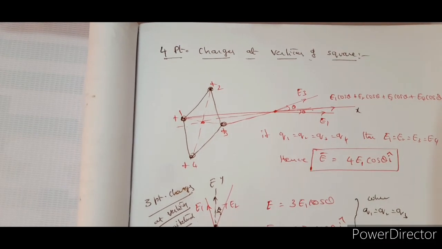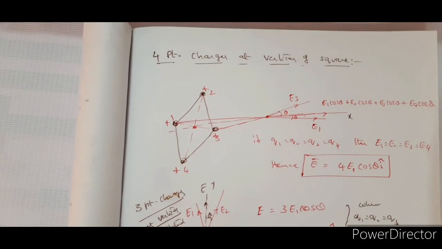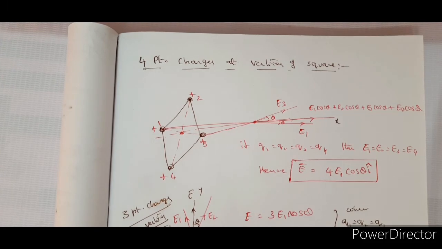No, this is also like generalizing the concept, like 4-point charges at the vertices of a square, right? That means symmetrical. The distribution of the charges is not continuous. Distribution is of course discrete, but a symmetrical distribution is there, right? From the point of consideration, there is a kind of symmetrical distribution. So such cases, now if they are given, how to solve, right?